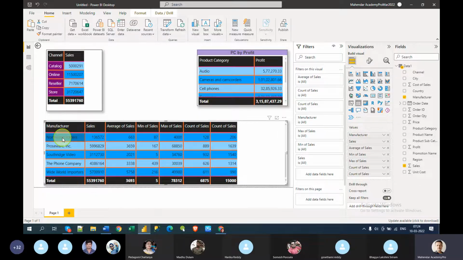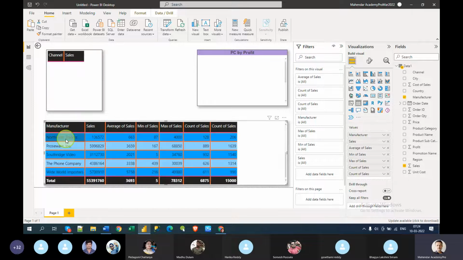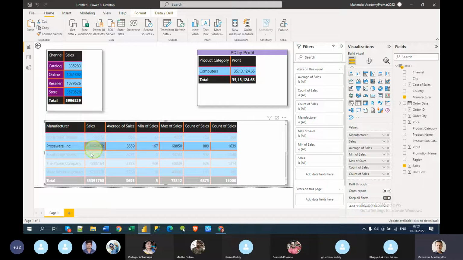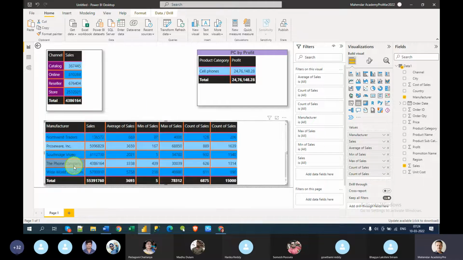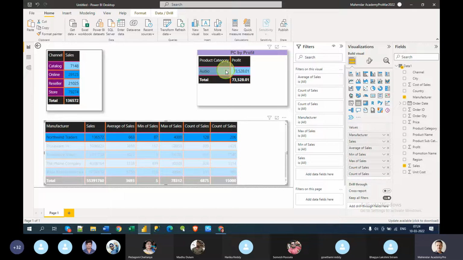So when you click here on Northwind Traders, you can see how they are actually doing here. Okay, you can double click so that they will be back. If you want to see how they are in different regions, that's how you can see all the sales versus channels, by product category, by different sales. Still you can control this. Let's say if you click this, you see only that, right?